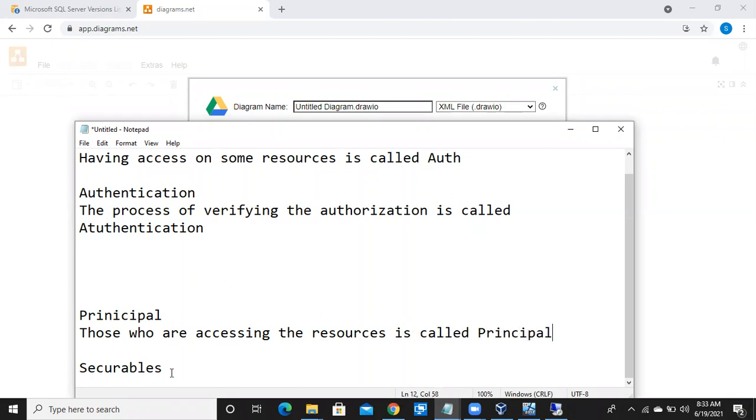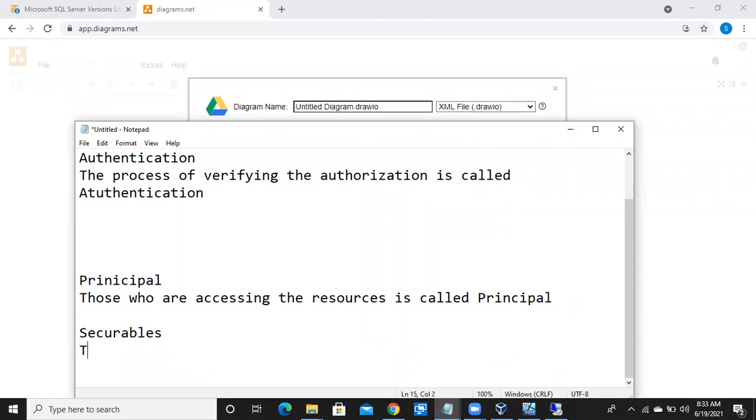The resources you are accessing is called securable. So in the server room example, you have an authorization. You are trying to access the resource. Those who are accessing the resources, those people we can call them principals.